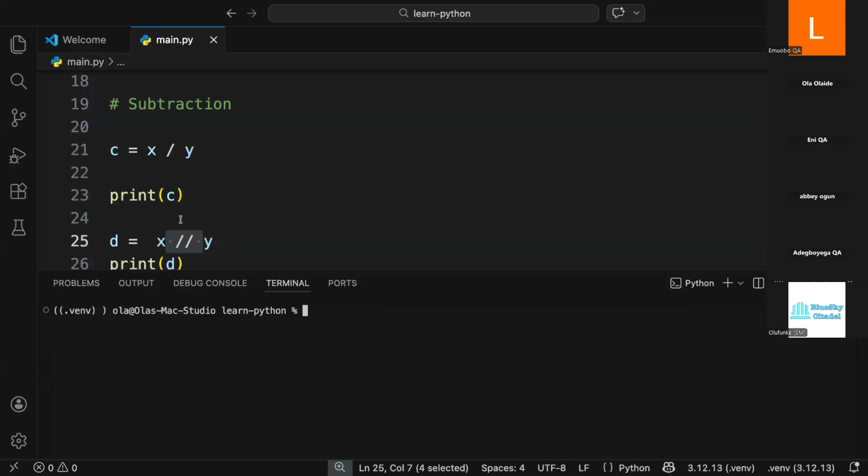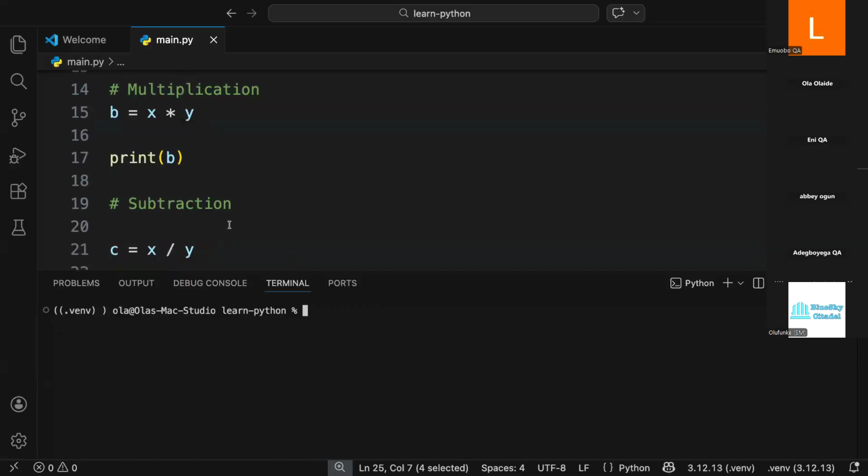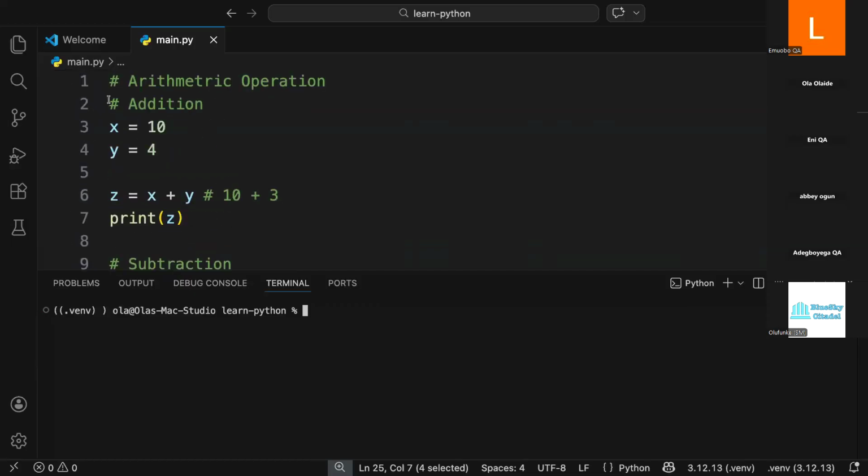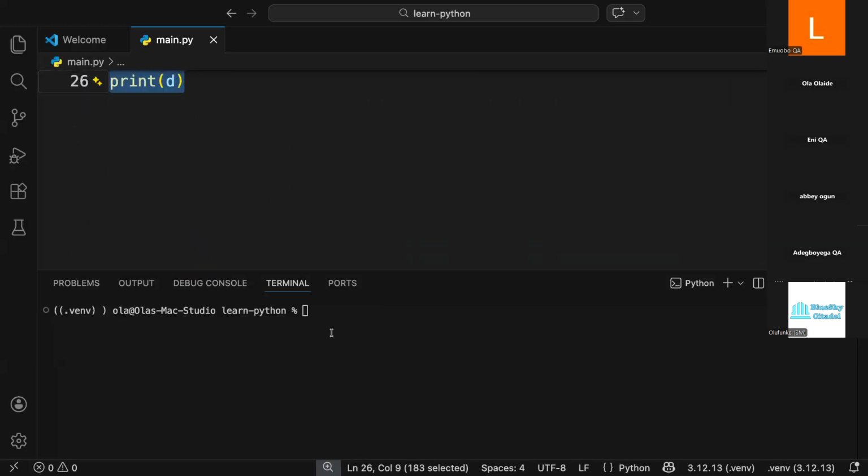Okay, so that is addition and multiplication. So I'm going to delete all these ones now. Now the next part is going to be called